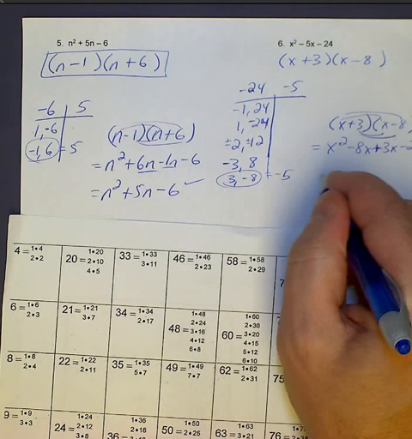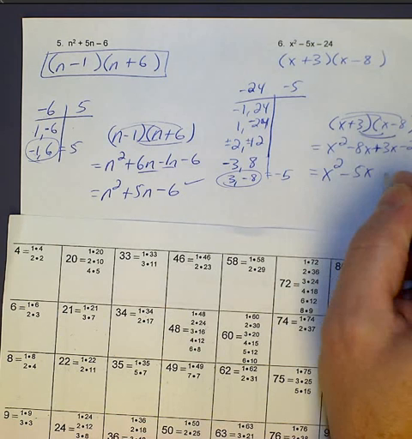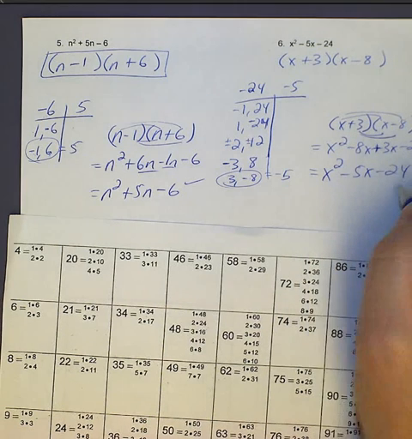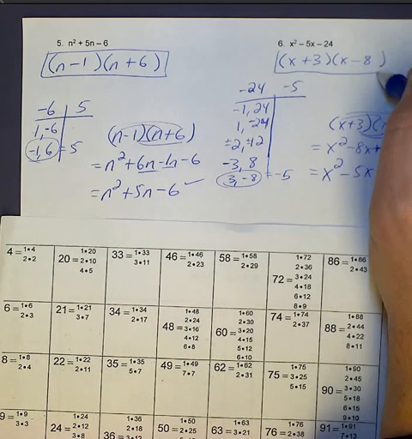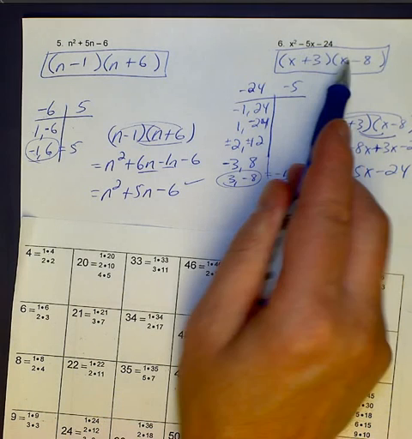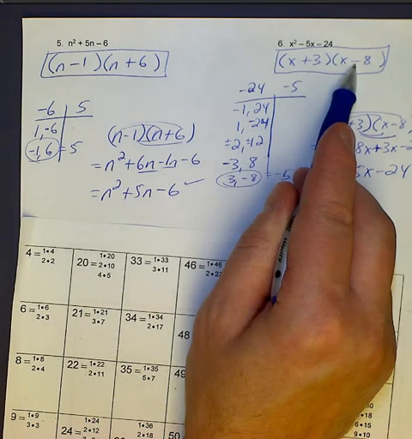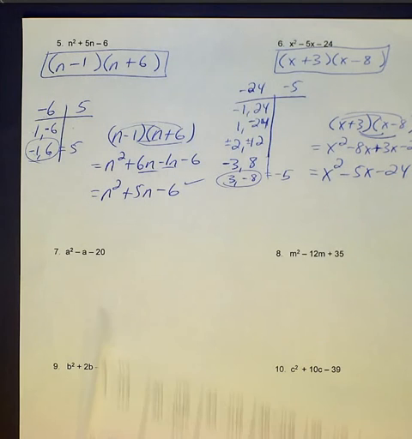That looks like it's going to match up. X squared minus 5x minus 24. I got that. That checks. Box. We're good. Those are factors. These are binomial factors of this quadratic trinomial. So let's try number